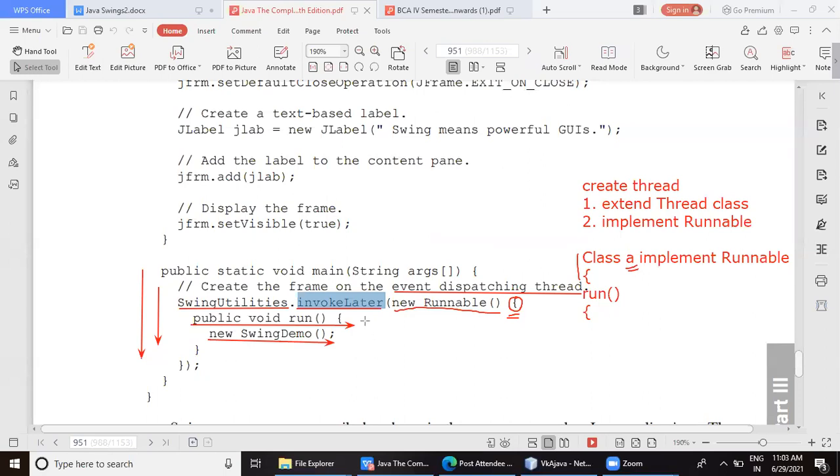One more thing, to execute frames, we make use of invokeLater, and to execute applets, we make use of the invokeAndWait method. Clear? So we will also see one of the applet programs, which is similar. The same program we will cover, which uses an applet.